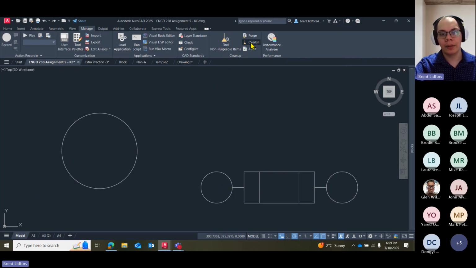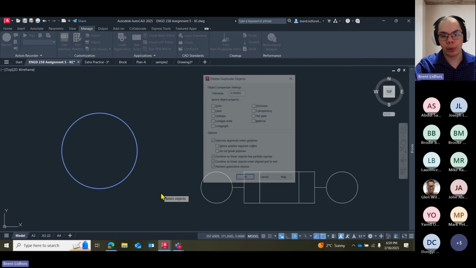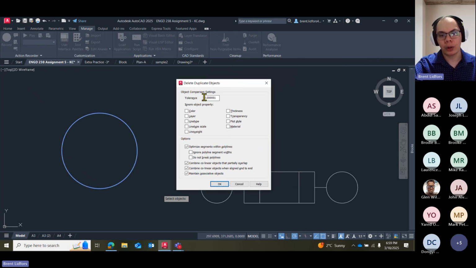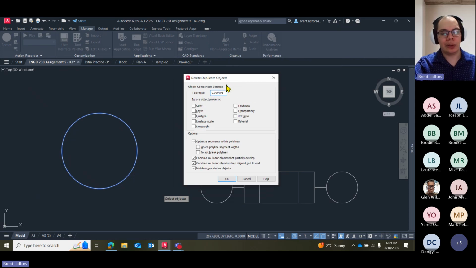Okay. In the Overkill menu, you can take a look through it a little bit as well. There's a tolerance that it's looking for. This is set to millionths of a unit. So it's using that precision to detect how overlapping those objects are. What's the tolerance that they have to be overlapping? Do they have to be exact? If this was set to 0, they'd have to be exactly overlapping objects. If it's set to 0.1, then two lines only 0.1 out might be detected as overlapping. Okay, so there's a bit of a tolerance here as well about what degree of overlap is between the two